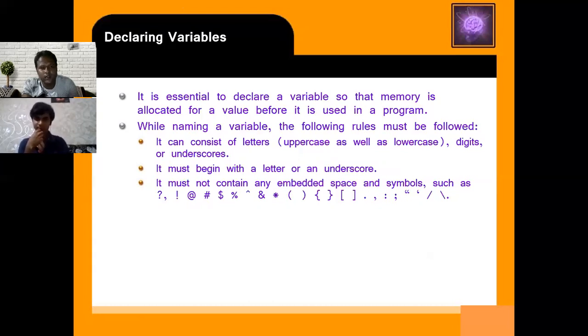It must begin with a letter or underscore. But it should not start with any number or any symbol, such as question mark, exclamation mark, @, hash, $. Okay.